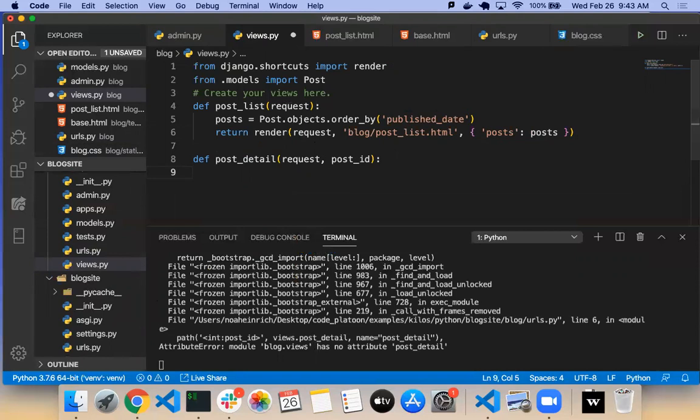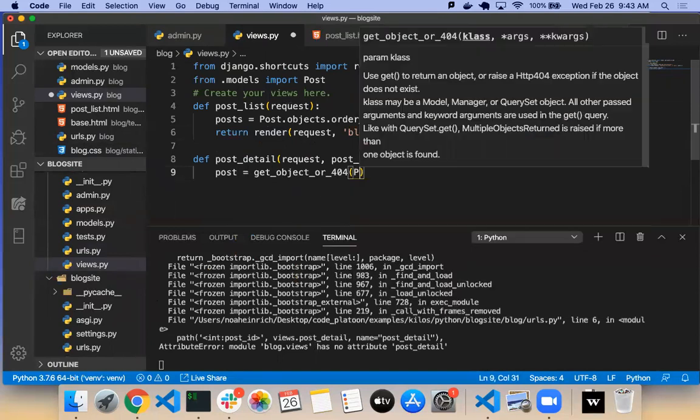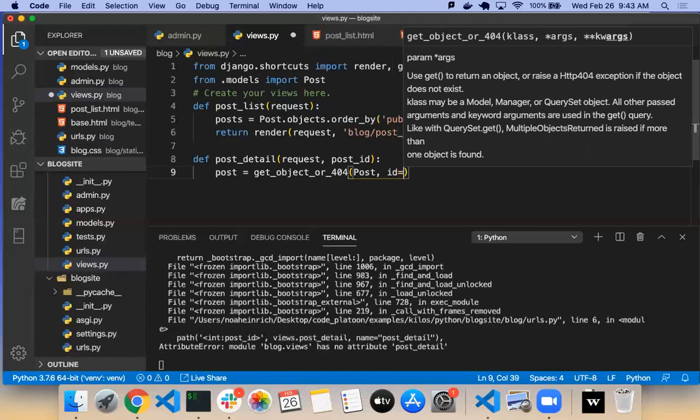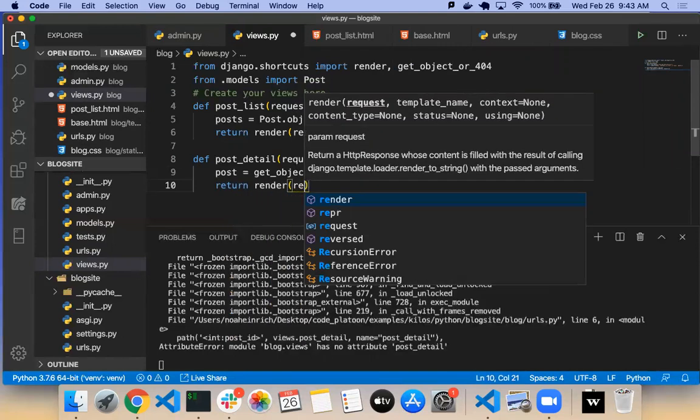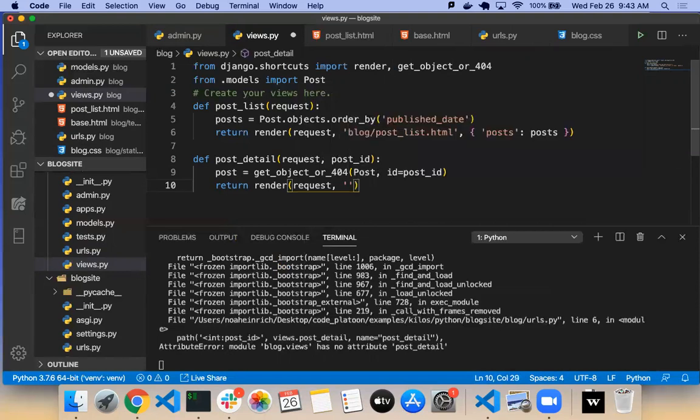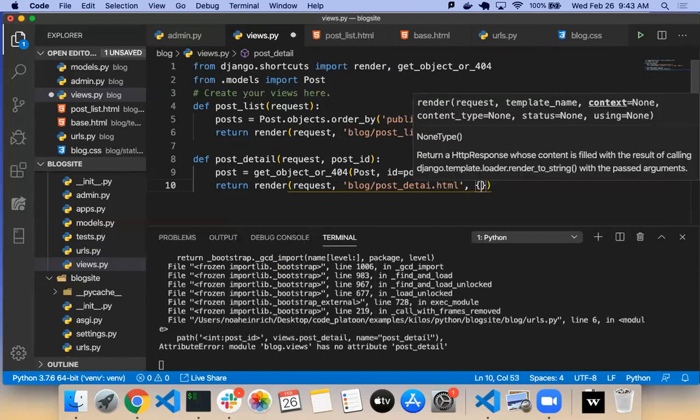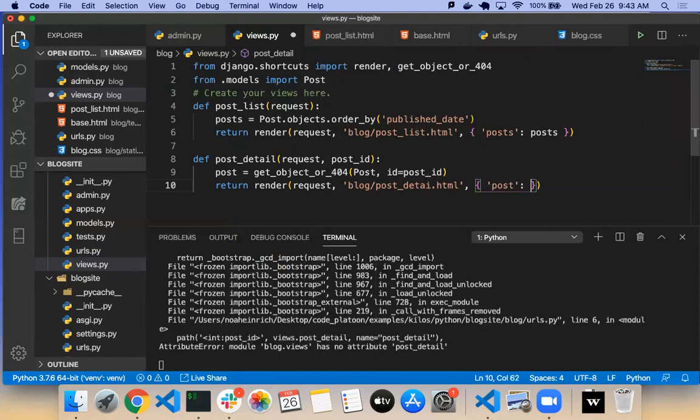And there's a method we could use here to help us out: get object or 404. Say post equals get object or 404, post ID equals post ID. And then we have to return render request, blog/post detail.html, and post is going to be post.